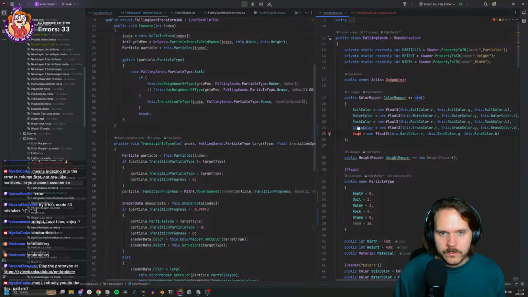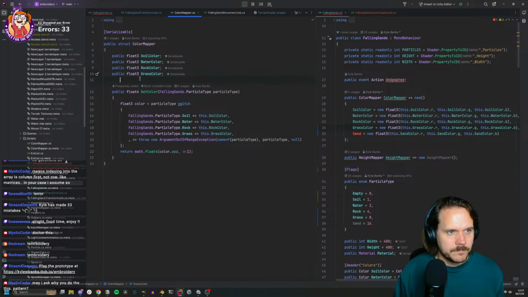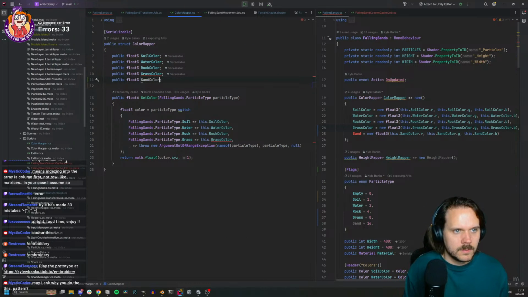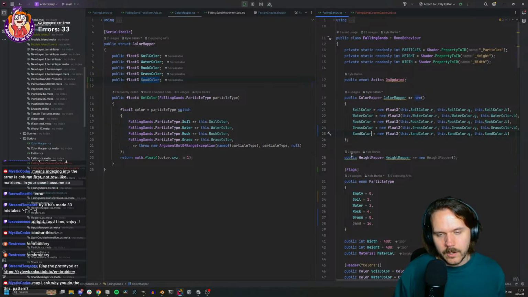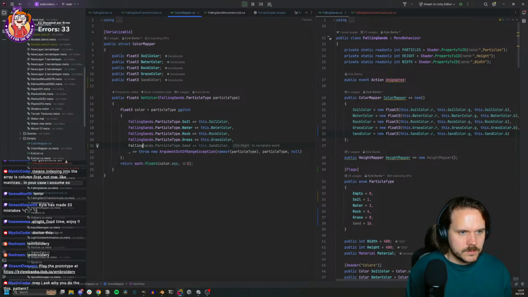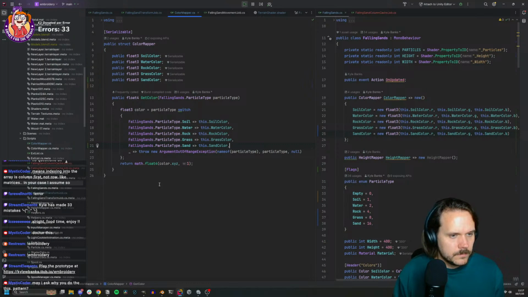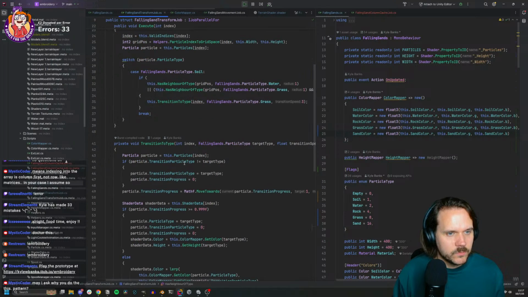Right, so this should be sand color. And I think actually now that we have our terrain shader, we don't need this color mapper at all anymore. We can just do all that in the terrain shader, but we'll save that for tomorrow. Falling sands dot particle type dot sand uses a sand color. Cool. And in our transform job,